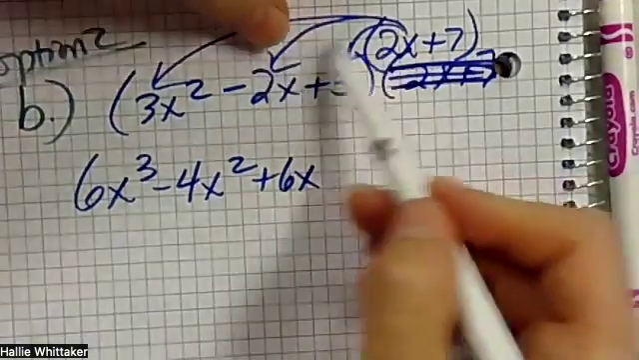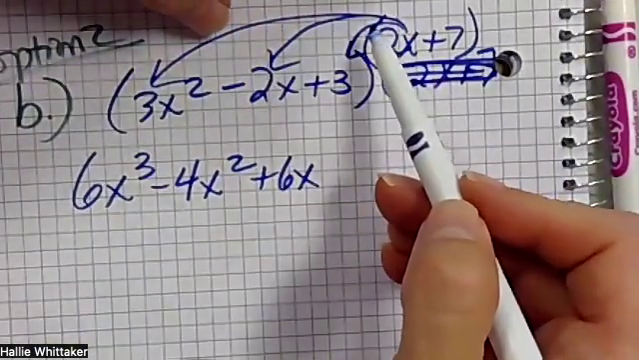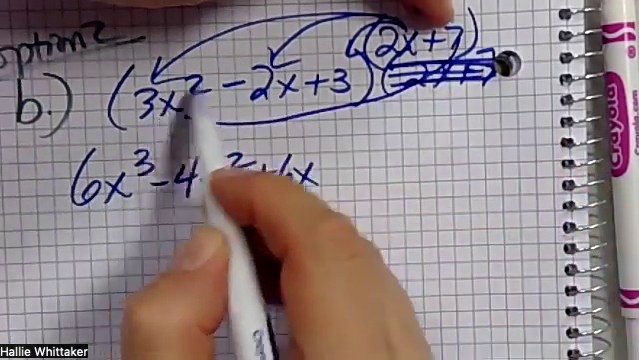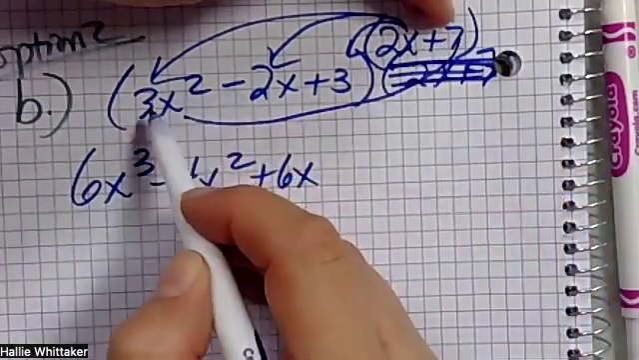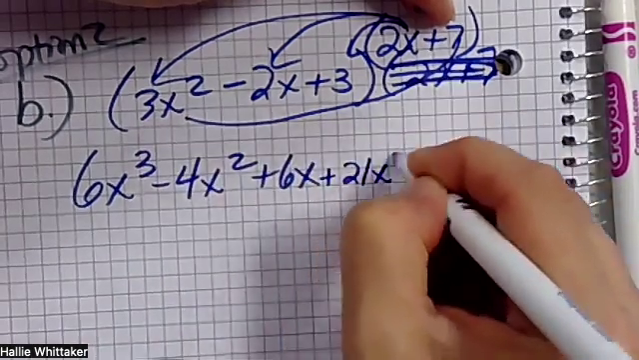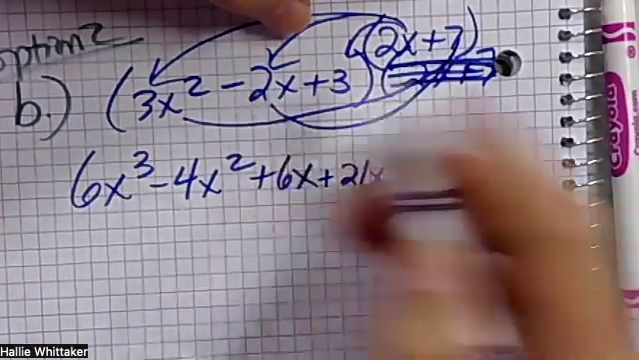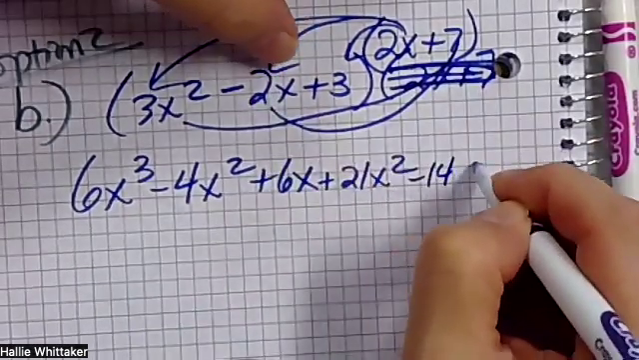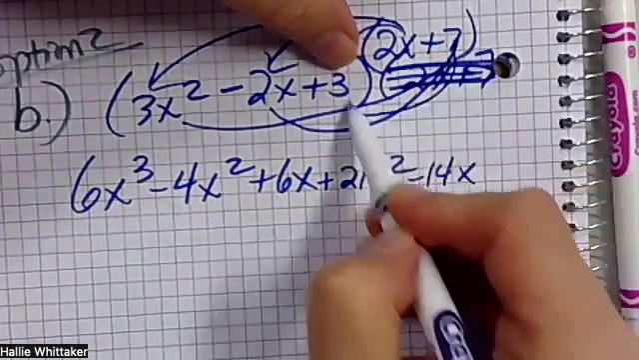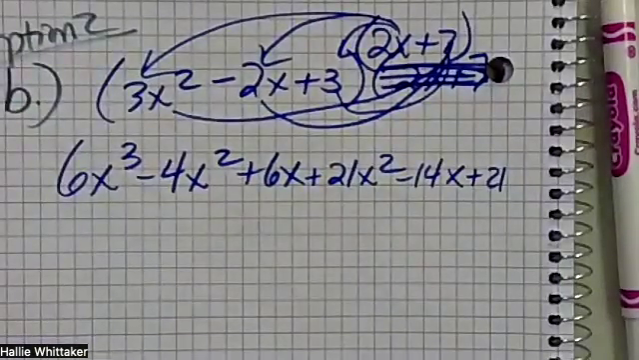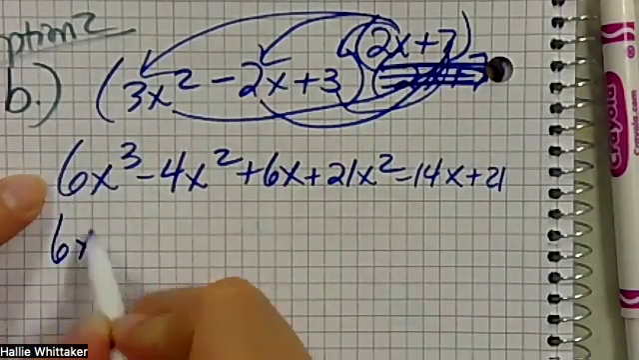And then I wouldn't even do the arrows until you get comfortable with it. But then I would move to that 7 and I would do 7 times 3x squared. What's that? 21x squared. Good. Then I would do 7 times negative 2x. Good. And then 7 times the 3. 21. I mean, it saves a little bit of time, but then you've got your 6x cubed, and then just